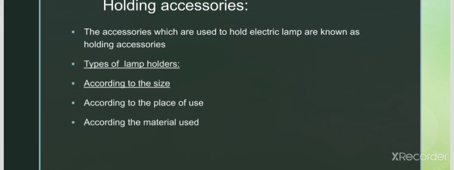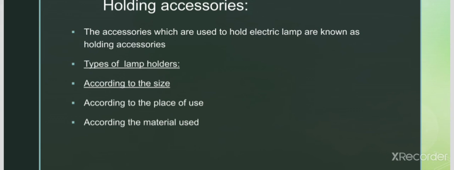Next, coming to the miniature screw type lamp holders, these are used for holding miniature lamps like night bulbs, decoration lamps and torch lights. These are examples of miniature screw type lamp holders. Next one is slanting holders. These are bayonet type and are used for lamps to be fixed at advertising boards or for floodlights in stadiums. So there we are using slanting holders.